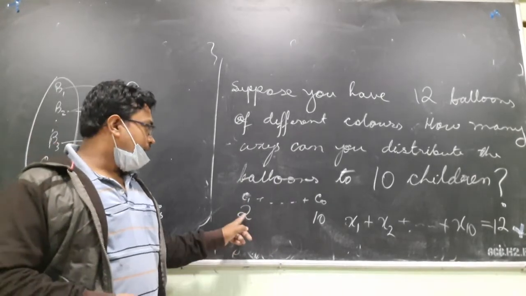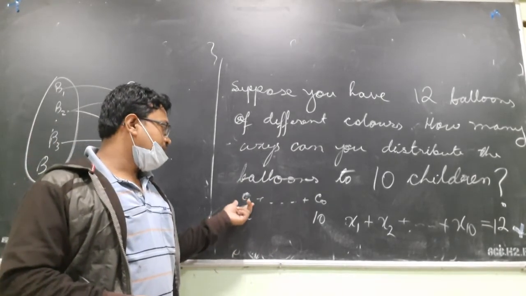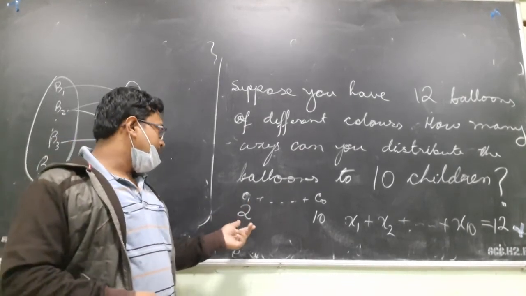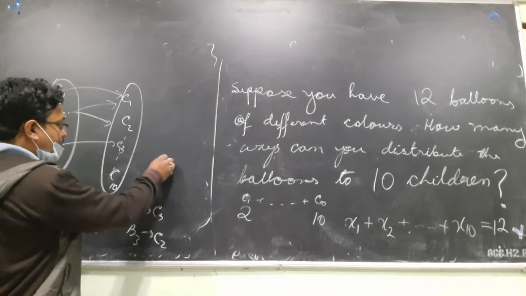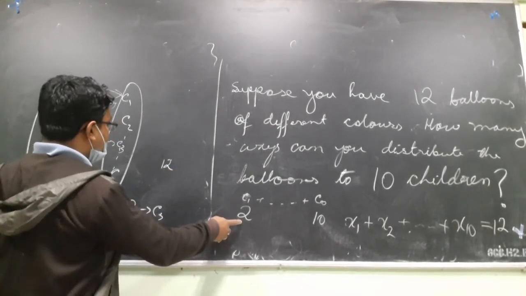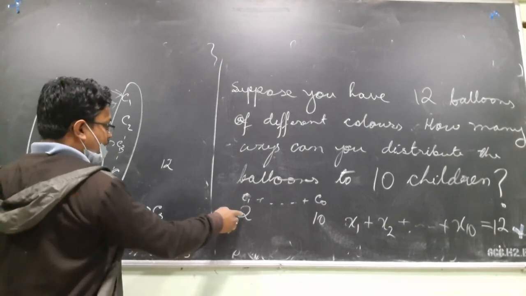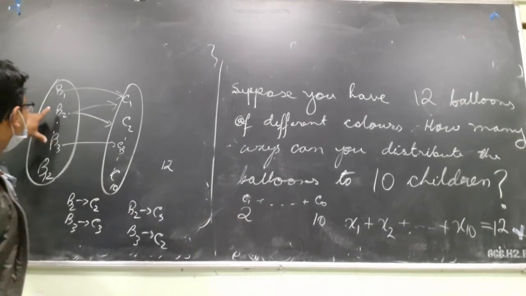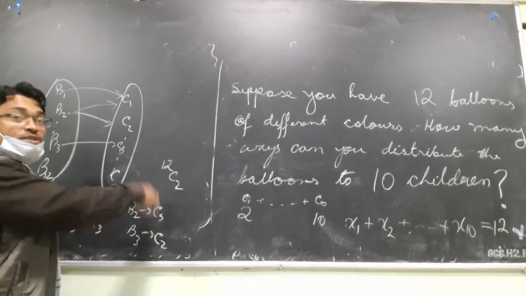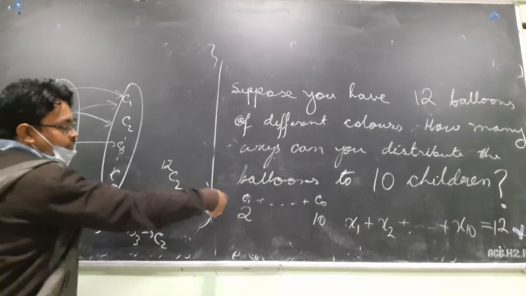Okay. So there are 2 balloons to this child. There are 12 colored balloons. Okay. So that has to be actually 12. The number of ways will be actually what? Selecting 2 balloons from here, no? Selecting, so 12 C2, 12 C2 number of ways at least.